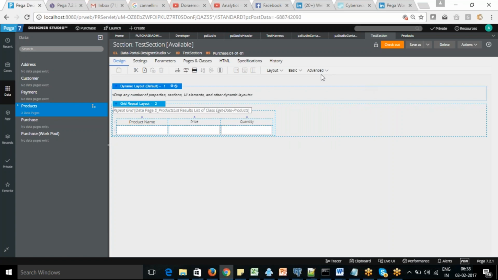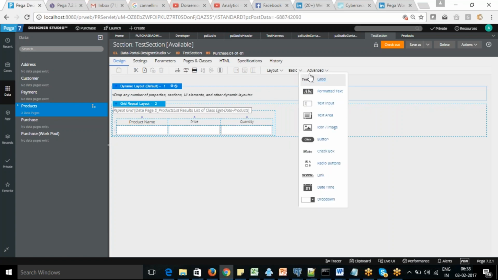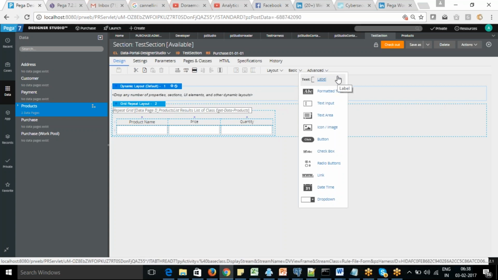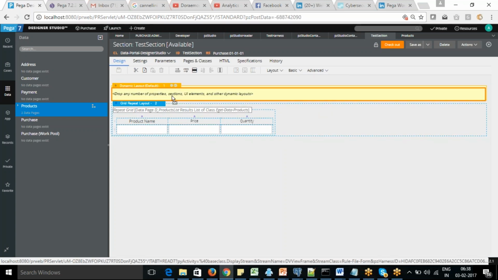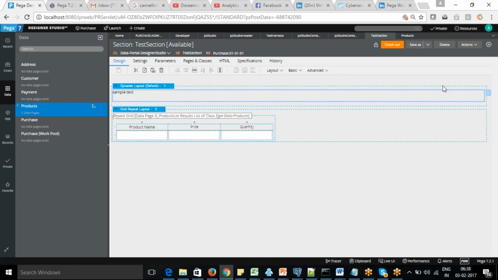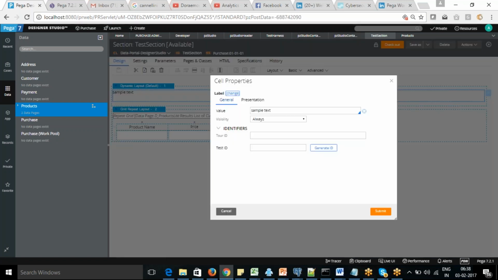Okay, so now if you see, in that we have controls. We have different types of controls we can use in the UI. So we have labels, which are used as a label, and this is the text input. So these two fields are used in the layout. So if you want an individual label, if I want to include one field here, this is the label.